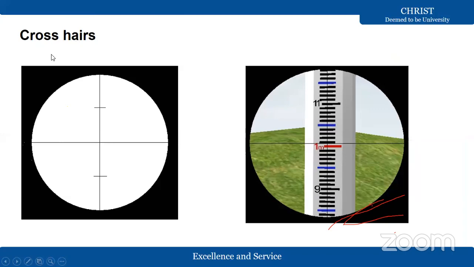And on the telescopic side of the instrument, you will have a line of sight, which you get on the object frame. Once you magnify using the focusing screw, you will visualize the crosshairs from the leveling instrument's telescope on the staff like this. So now here the reading is 1.05, meaning 100.5 centimeters. This is 100.1, 100.15, 100.2, like this. The picture given here is 1.05, or 100.5 centimeters, at the crosshairs.